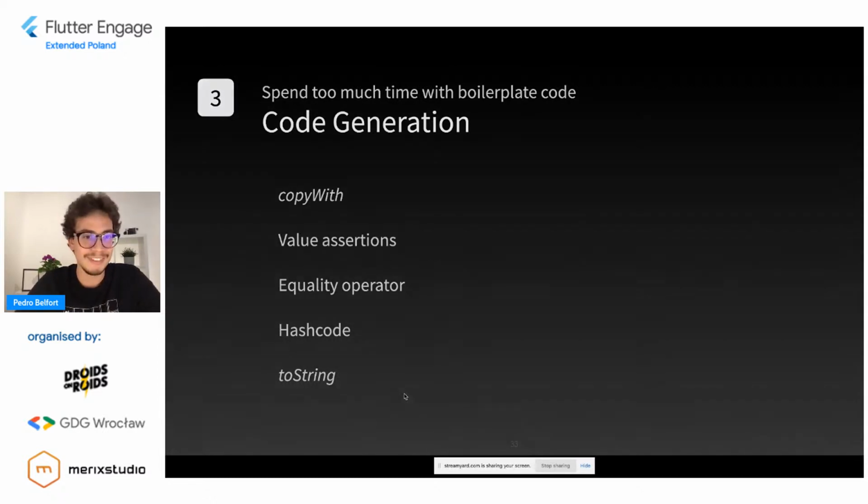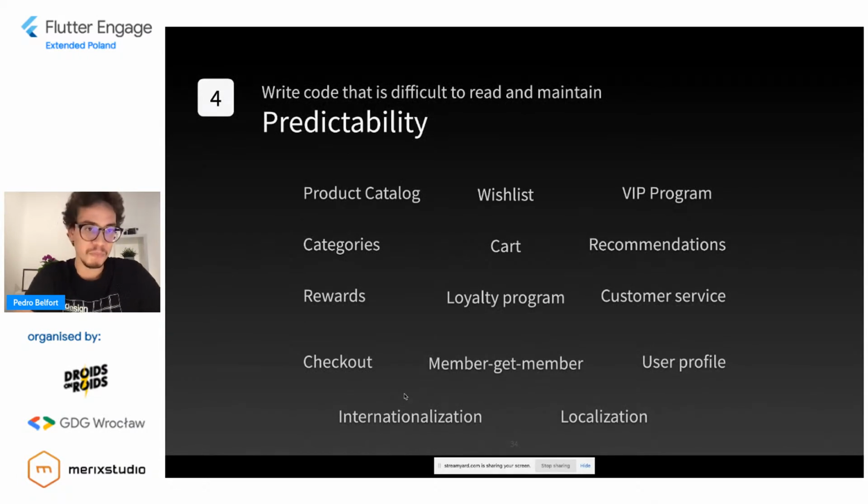Okay, hold on. Our fourth issue. This is very abstract, I know, but basically we are looking into predictability. It doesn't matter if I'm writing the product catalog, the cart, or the customer service. In the end, you want to have some degree of familiarity in each feature that you visit. You want to know more or less how you're going to build these things. What are the conventions? How must you proceed? Where do you have to look in order to figure out how a new state is created, how business logic is done, right?